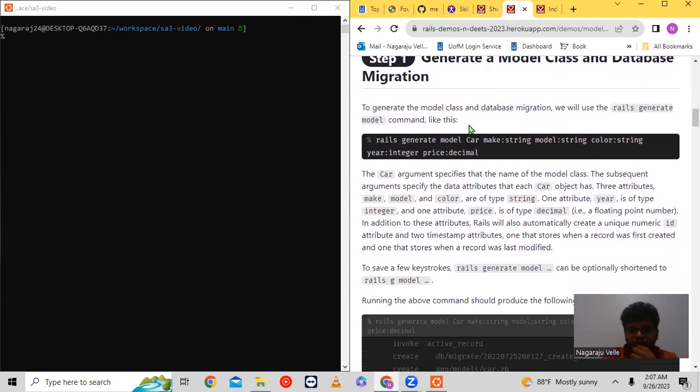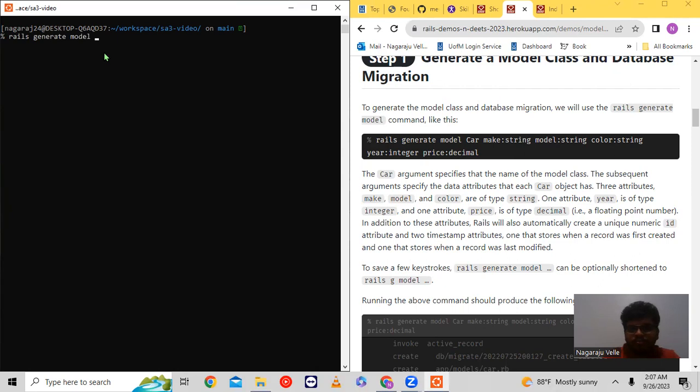I'm gonna use a demo given by the professor. My model for this task is teacher. It consists of three attributes. The first one is the teacher's name, the second one is the experience of the teacher, and the third one is the branch for which he is a professor. So it consists of three attributes. And let me create a model teacher that consists of three attributes: Rails generate